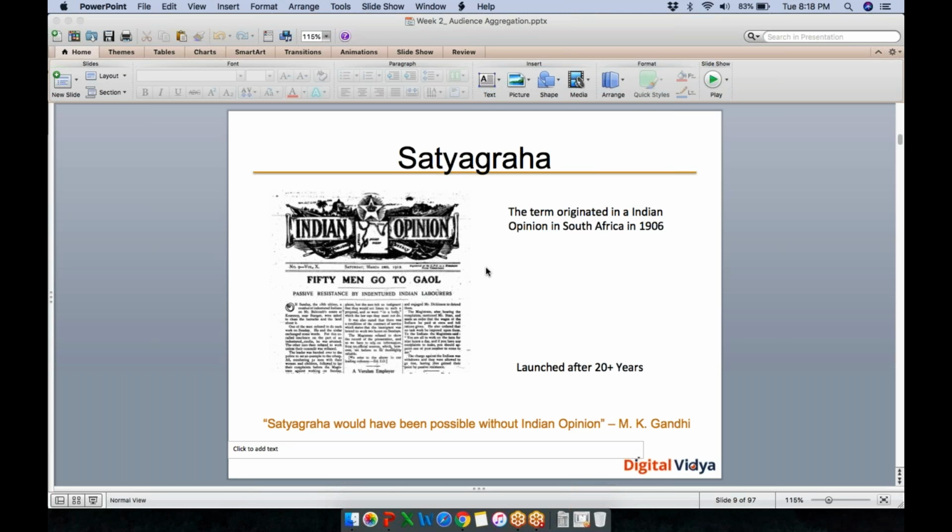Satyagraha as a concept came out in 1906 as one of those things that was used to influence the mind of the people reading Indian Opinion inside South Africa. Now that wave carried forward to that relevant audience, which then turned into sort of a freedom fight and eventually got into the act of actually executing Satyagraha as a concept 20 years later. If you correlate this to your business, okay,